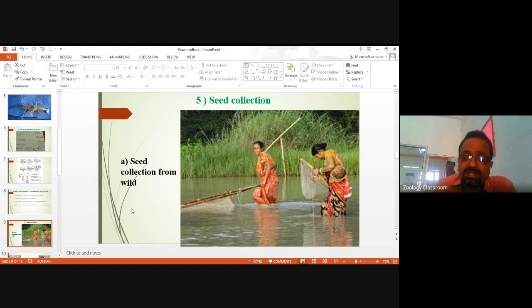wild. Means the prawn seeds can be collected from the estuaries and the brackish water, because whatever breeding takes place, that breeding occurs in the